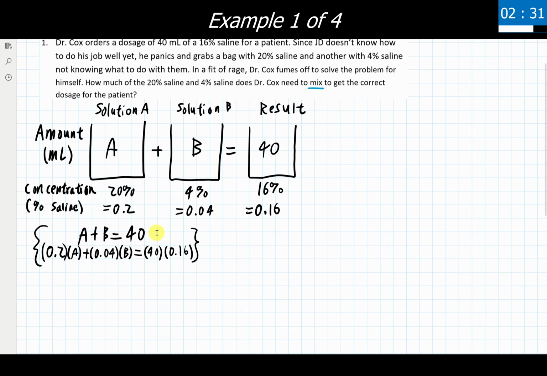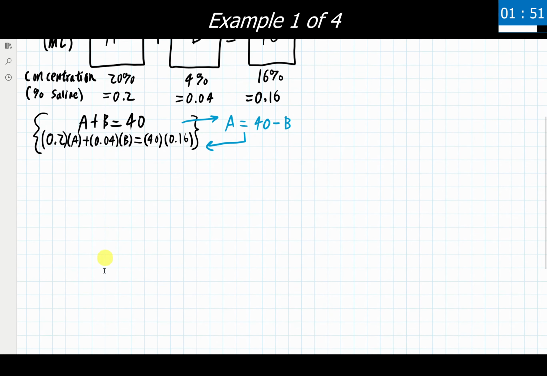And now I have my system of equations, and I can go through and solve this thing using the elimination method or the substitution method. It does not specify anywhere in the problem which method we need to use, so it's 100% our choice on what we want to pick and go forward with. Me personally, I'm going to go ahead and use the substitution method here. I'm going to rewrite my first equation and solve it for A, so get A all by itself. That means this is going to get rewritten into A equals 40 minus B. And I'm going to substitute that into my second equation, write that new equation right down here, and solve that for B.